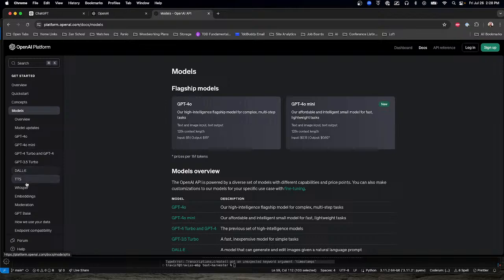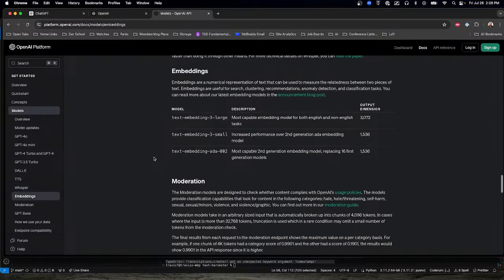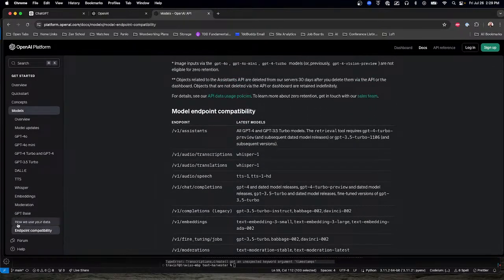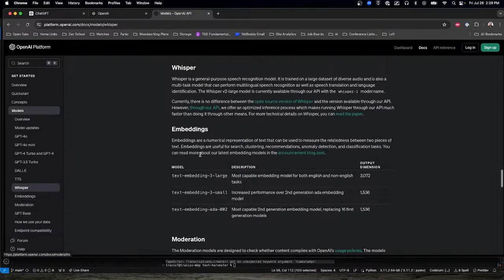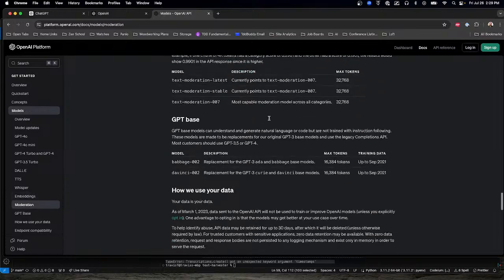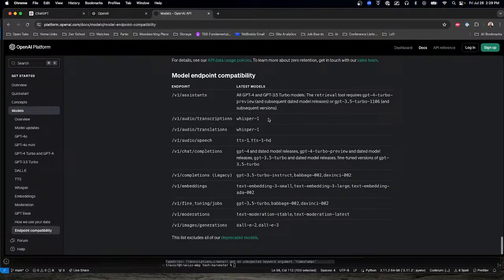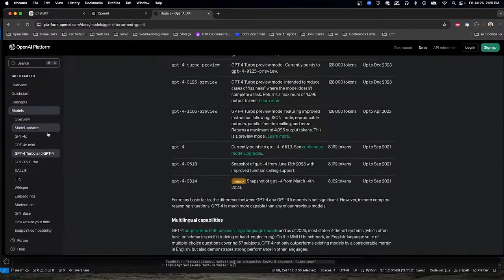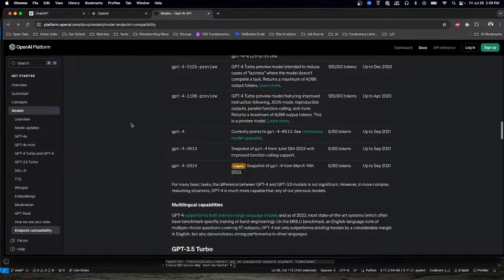Models. Whisper. Embeddings, user data, chat completions, threads. Whisper, an open source version of Whisper. I didn't know that. Okay, optimized inference. So there is a small difference.